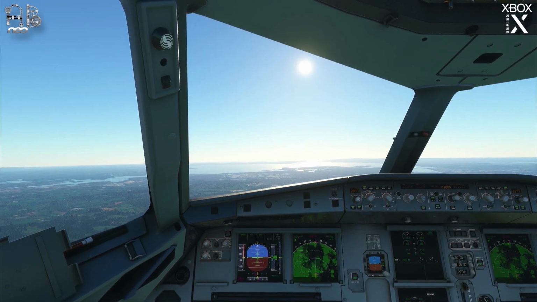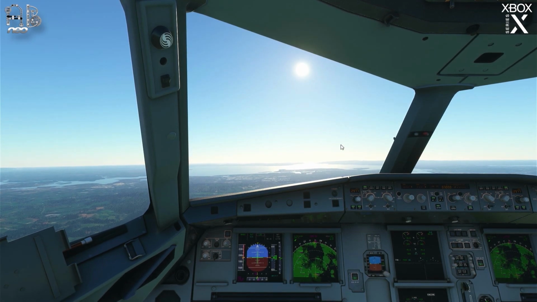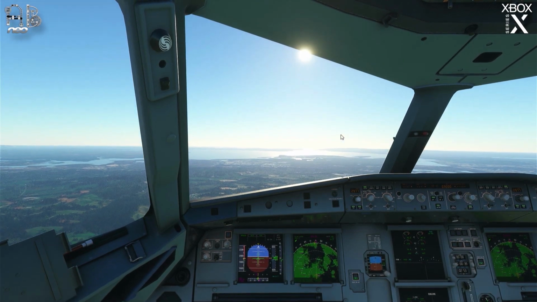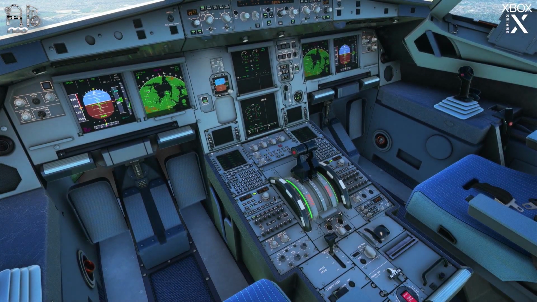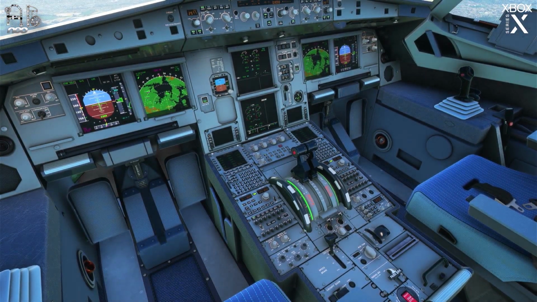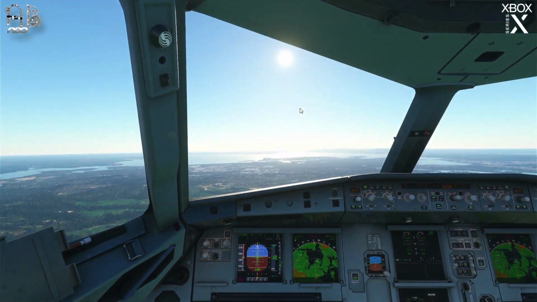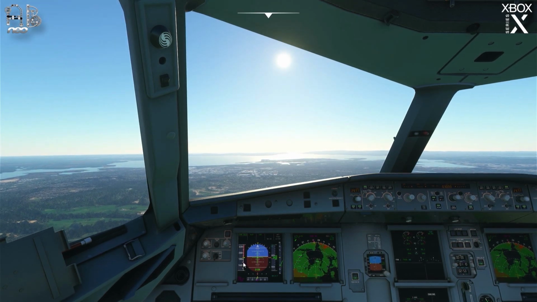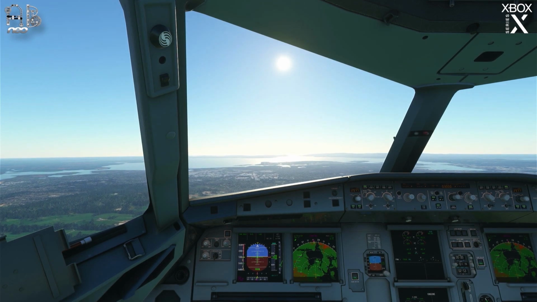Okay, so we can hit approach. Now go around altitude is 3,000 feet, so I'm going to leave that as is. QNH 29.77. Okay, we're going to go to flaps 3. Once our speed gets down to 170, we will get the gear down and we will be on our way